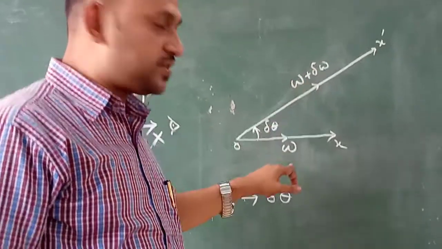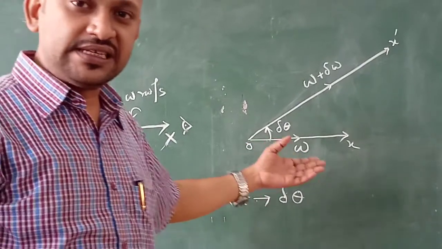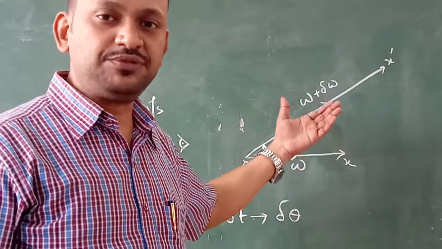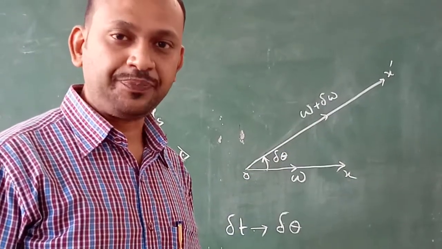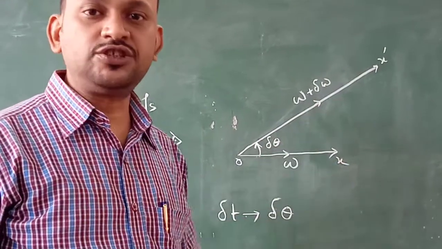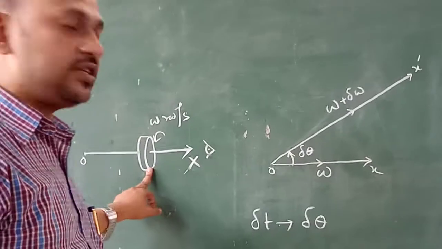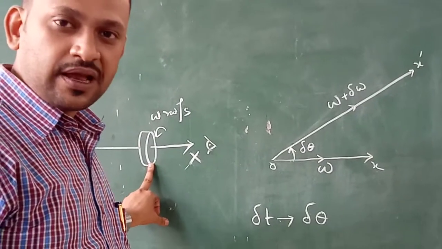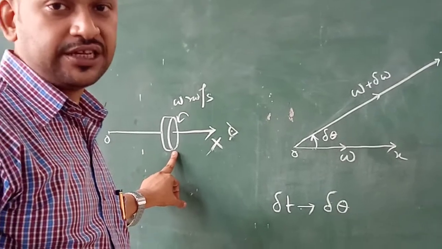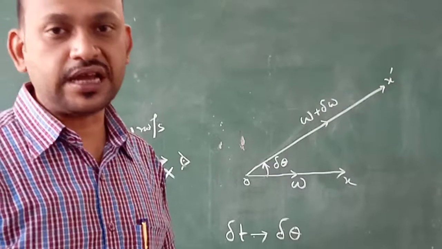As the angular velocity has been changed over a period of time del t, it indicates that the system is subjected to a certain angular acceleration. So obviously, we can calculate the magnitude of the angular acceleration which is being subjected to this disc. We are interested to find the magnitude of this angular acceleration.